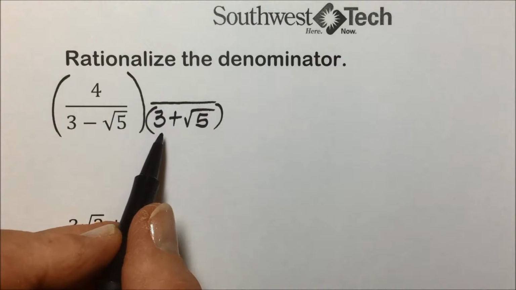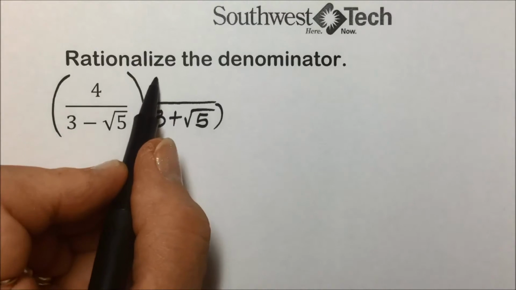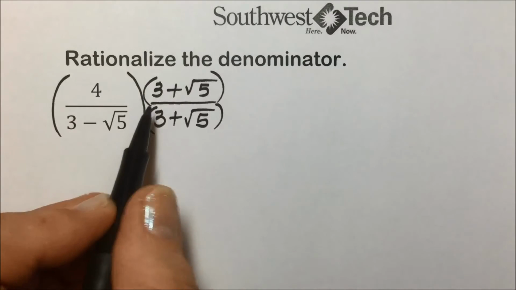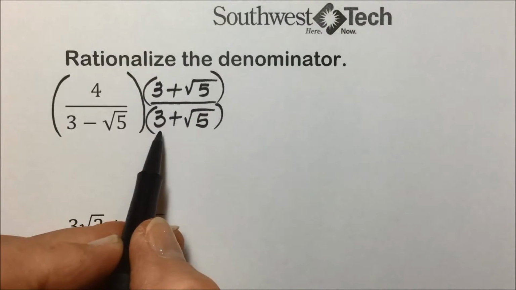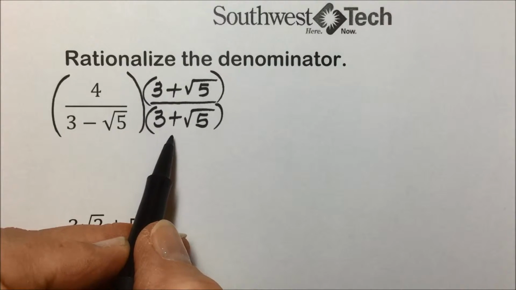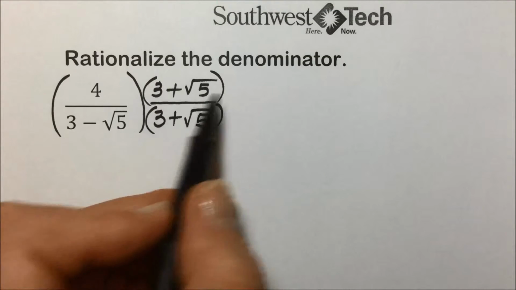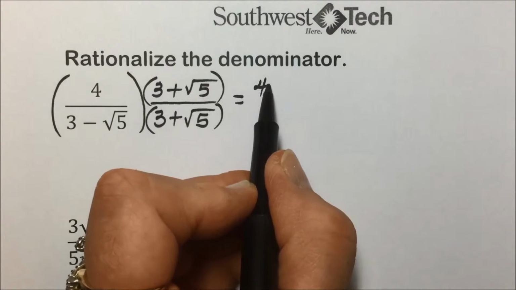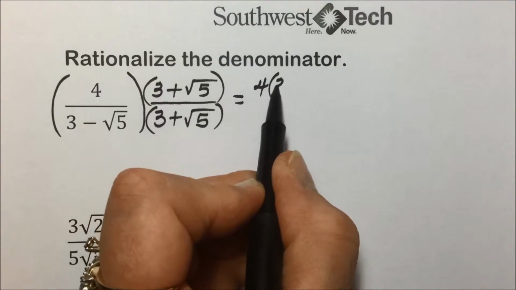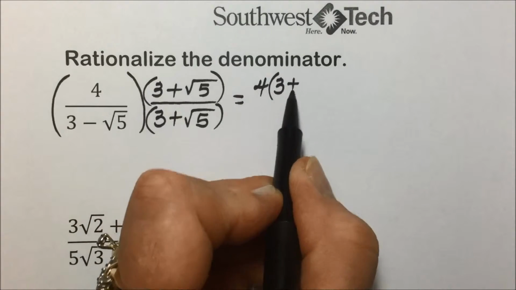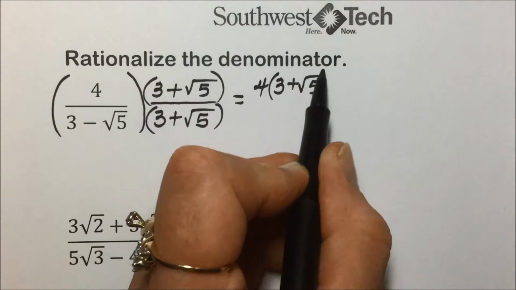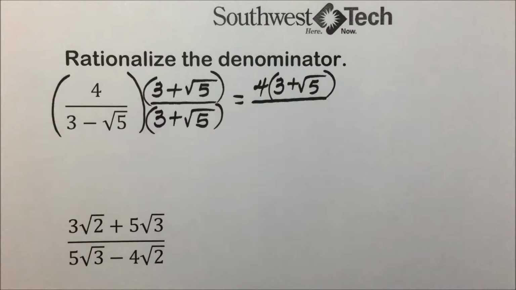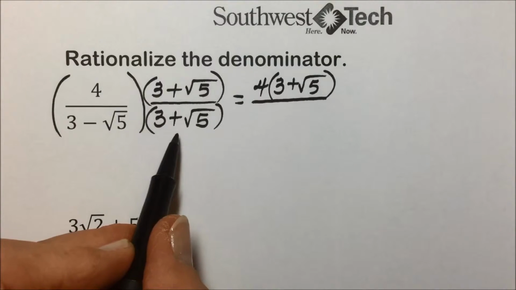And to have an equivalent expression, we also need to multiply the numerator by that same quantity. This binomial over this binomial is equivalent to 1, so we're maintaining our equality. And we'll hold off with doing the distributive for right now, similar to when we were factoring and multiplying polynomials together. To ensure that we've reduced it, we would hold off on the multiplication. We have a binomial times a binomial.